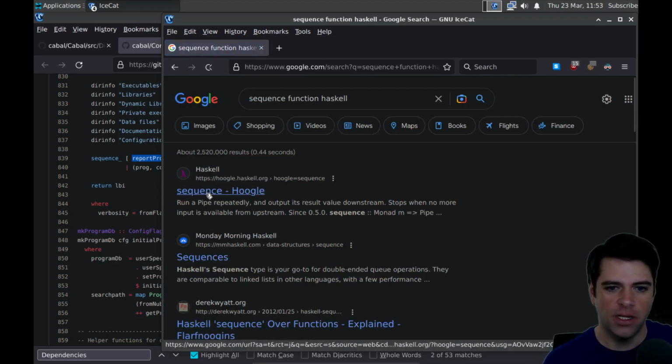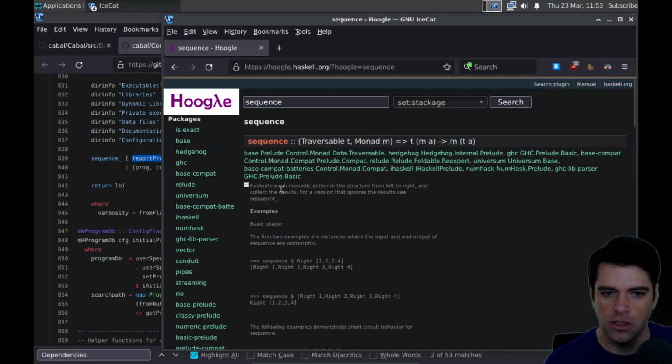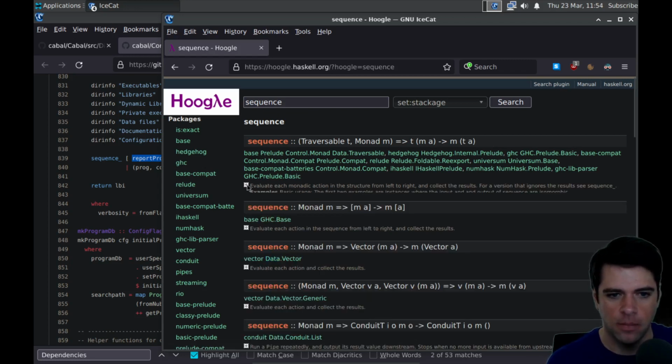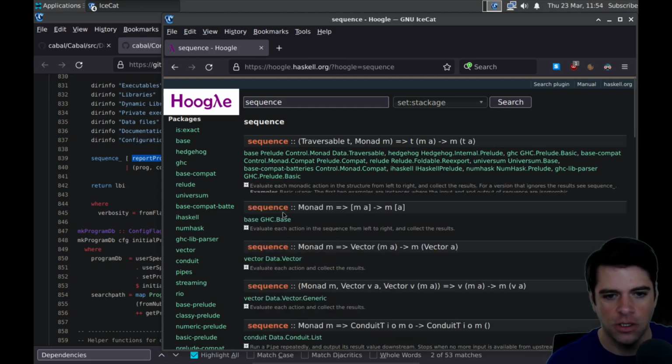Sequence. Evaluate each monadic action in the structure from left to right and collect the results. Okay. Here's an example. Sequence. Oh, whoa now. I guess I wasn't supposed to click there to highlight it. Okay, that works. No, it doesn't work.